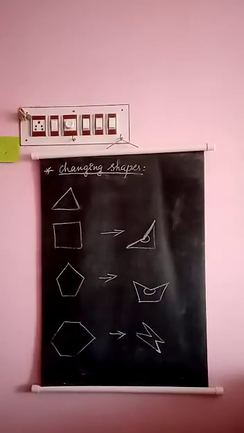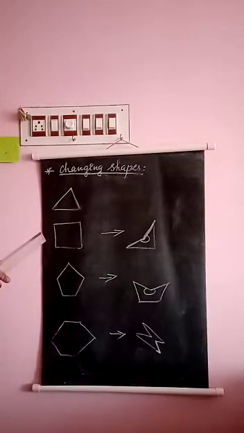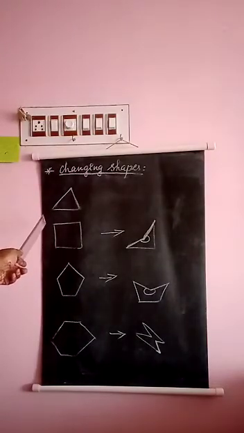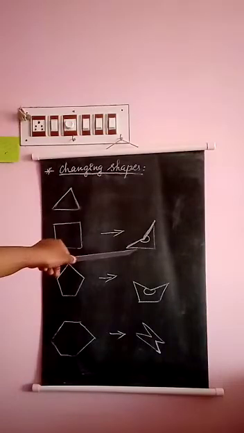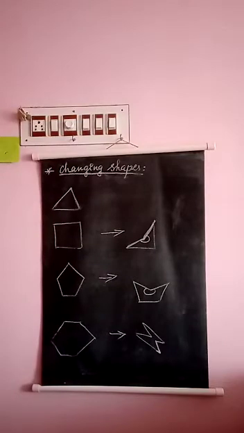The next topic is changing shapes. See, look here, I have drawn 4 shapes here. The first shape is a triangle. Here, whatever pressure is given to all the 3 angles, the shape remains a triangle itself. It does not change. But look at the square. When there is pressure given on this vertex, both these sides get compressed inside like this. So this right angle becomes a reflex angle. Can you see here?